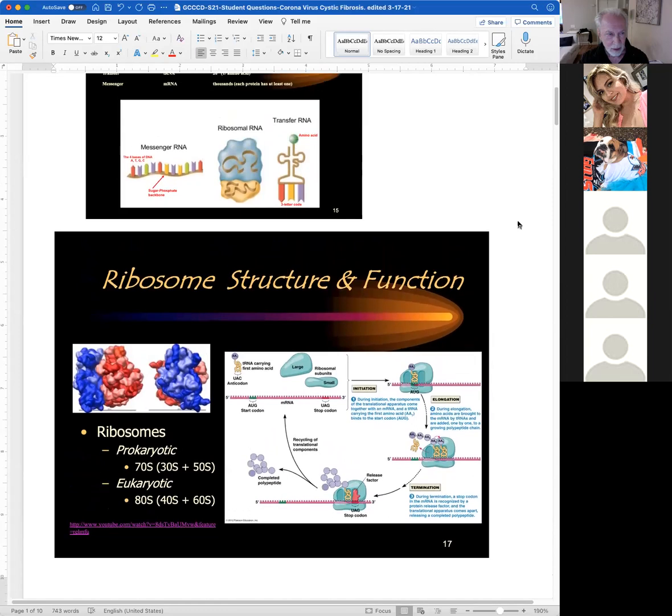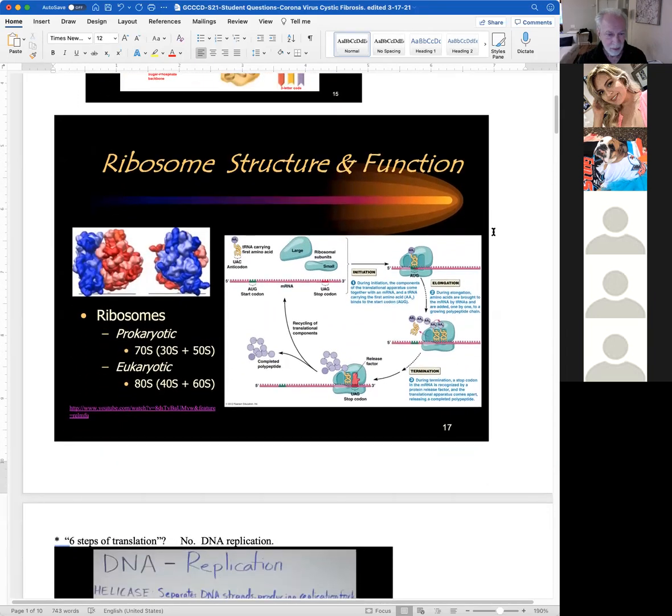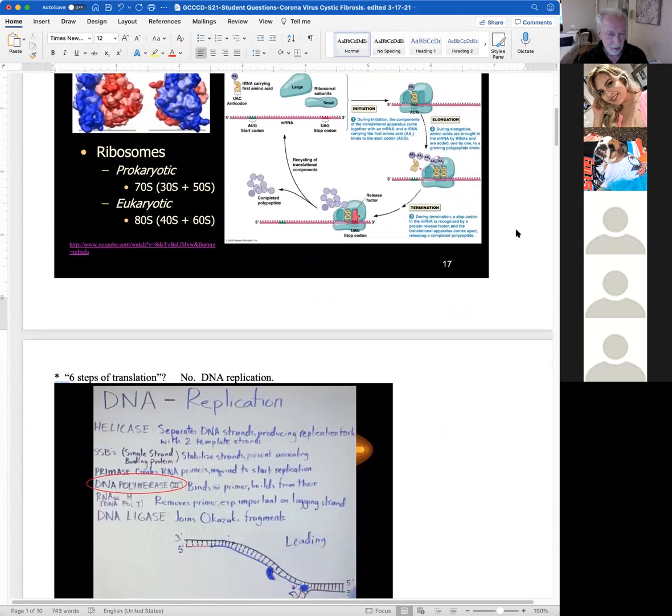So I hope that makes it clear what the different types of RNA are that are involved in protein synthesis, and how they work together to make a polypeptide. Any question about that? All right,